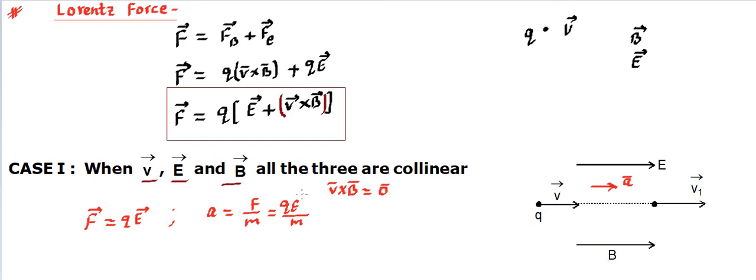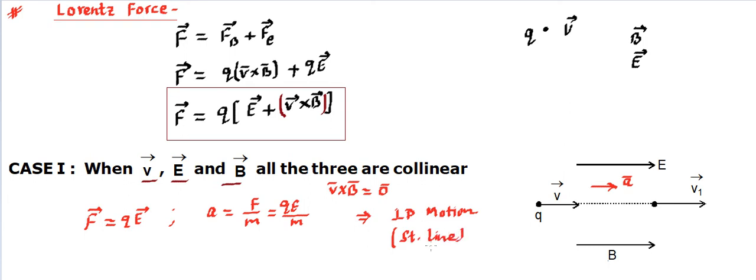Now if E is uniform, then you'll find this is a constant acceleration case, or if E is variable, then you will get a variable acceleration case. But in either case, it's going to be on a straight line, so that's going to be one-dimensional motion. Whenever we get a 1D motion, that's basically straight line motion, so we can solve it to find out what the future velocity, acceleration and position are going to be. That means all the parts of kinematics we can do, because it's moving on a straight line.